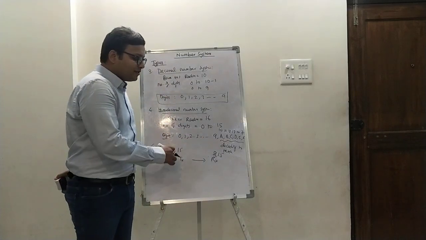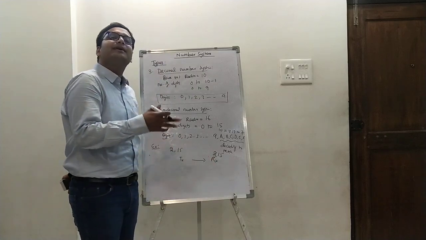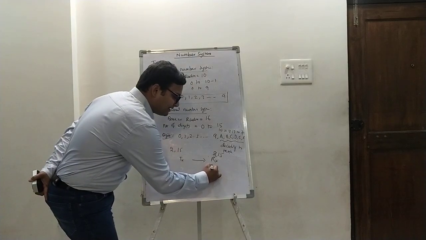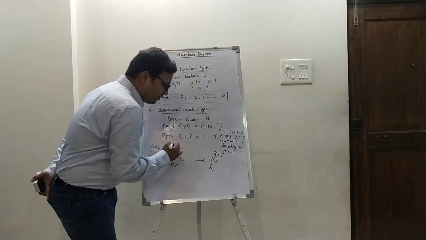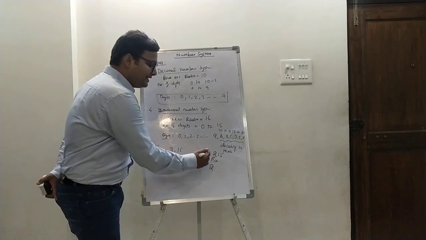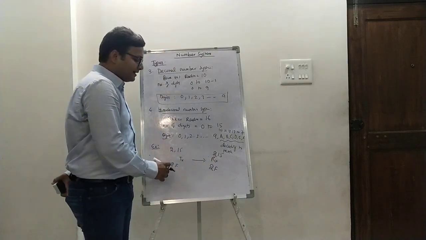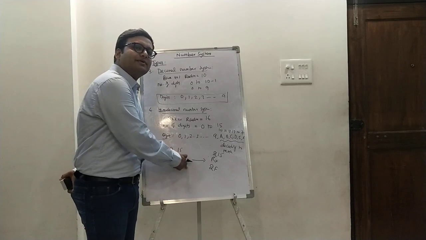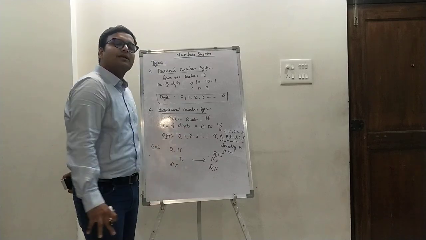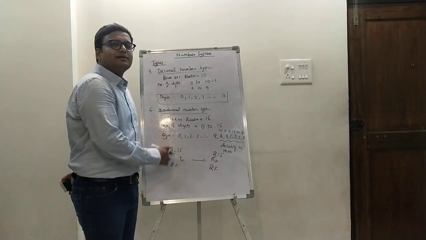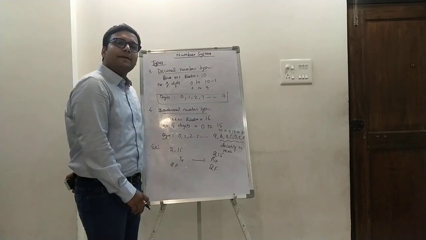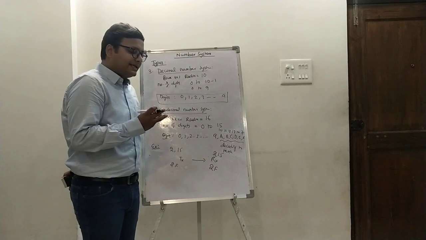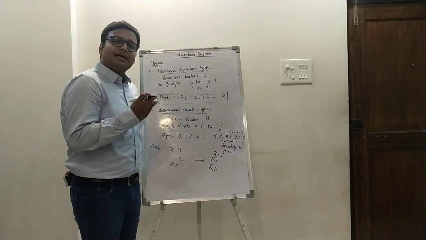Hence we have done certain coding to reduce the confusion at the receiver end. If we send 2 and 15 as 2F, then one can easily tell at the receiver end that 2 and F are the two hexadecimal digits transferred from the transmitter to the receiver. So the coding in hexadecimal is the most important part of this number system. What we have discussed today is that there are basically 4 number systems: binary, decimal, octal and hexadecimal.